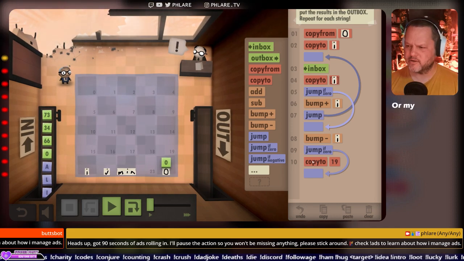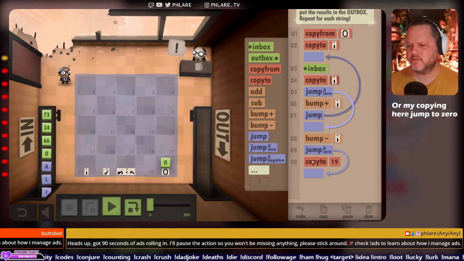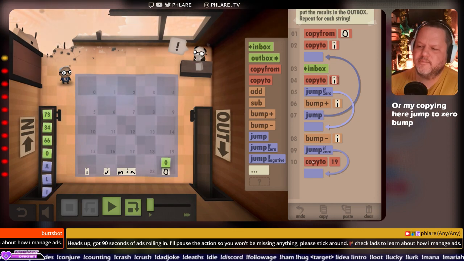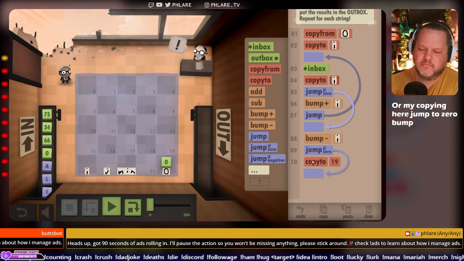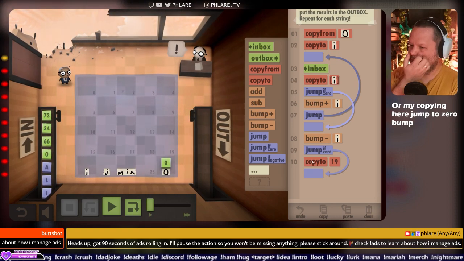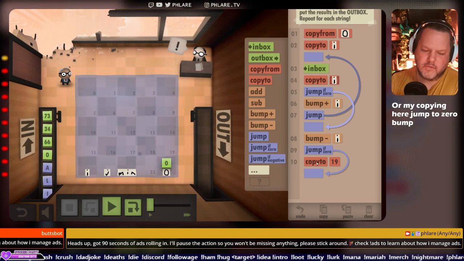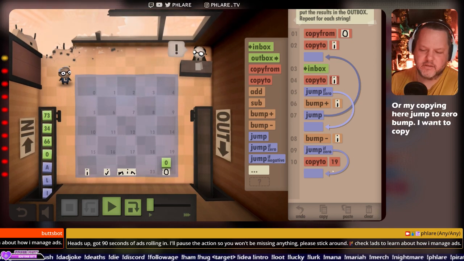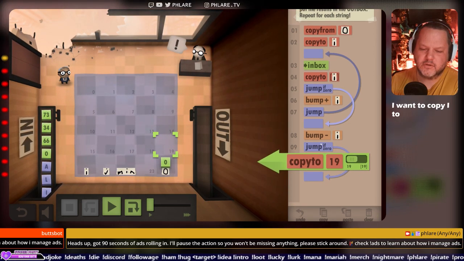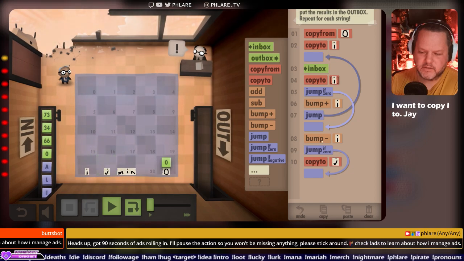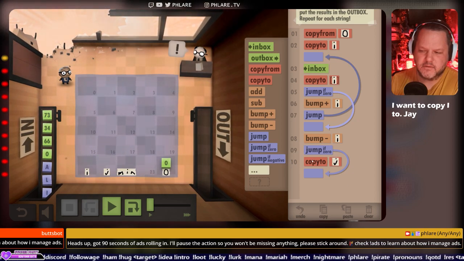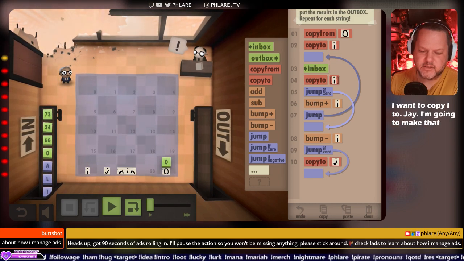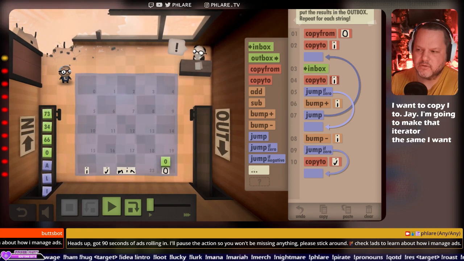What am I copying here? Jump to 0. Bump. Position, jump to 0. I want to copy I to J, and make that iterator the same. I want to also